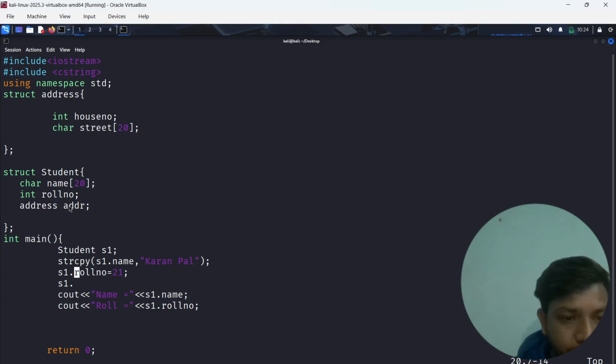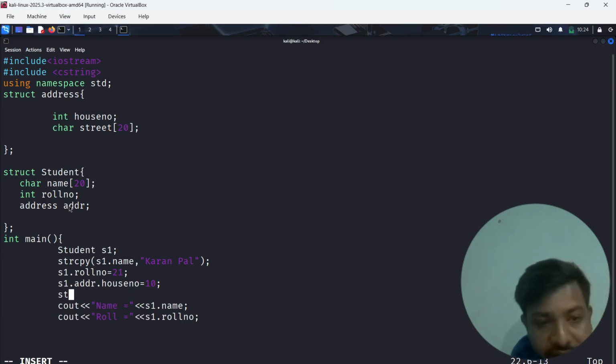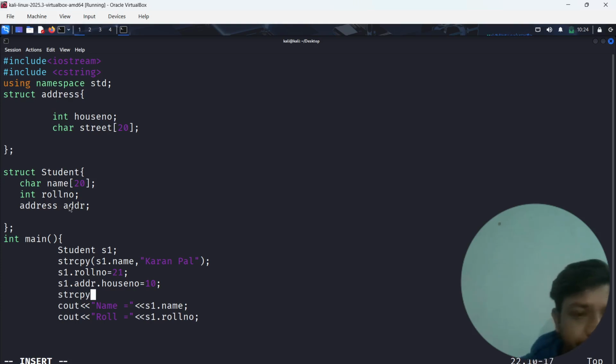सो नाउ हमें क्या करना पड़ेगा, अब addr नाम का वेरिएबल लेना पड़ेगा। Inside addr we have a house number, house number। तो हाउस नंबर लेट सपोज 10, एंड देन हमें क्या करना है, स्ट्रीट करना है, हैश डॉट हम कॉपी करेंगे strcpy